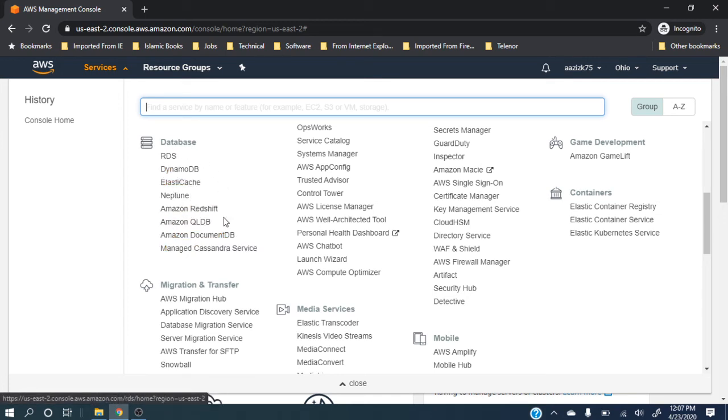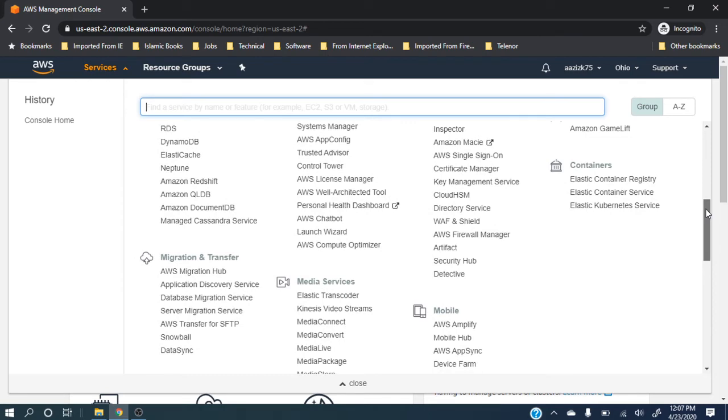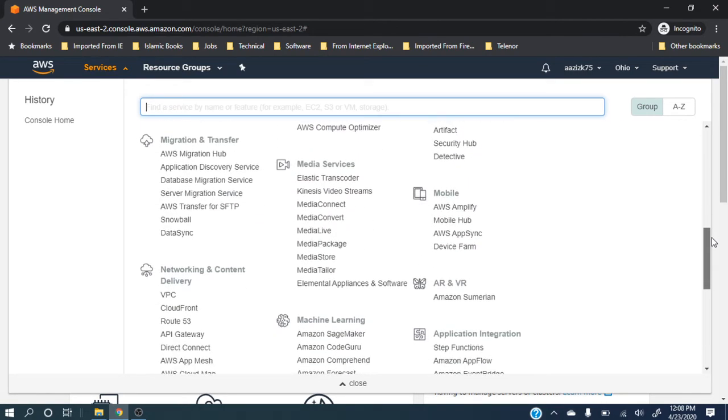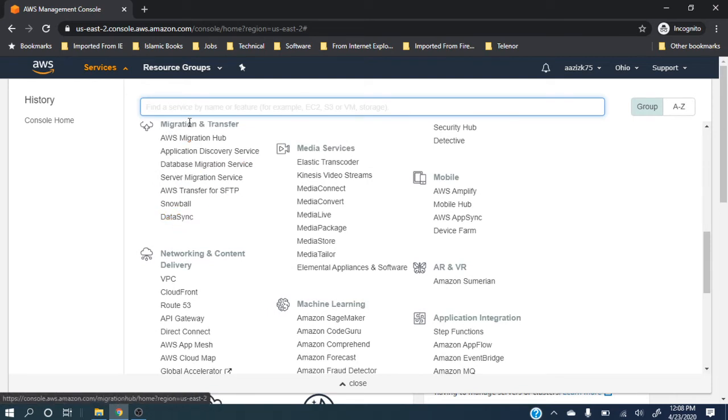If you are from the IT field, you know names like Cassandra service, and a lot of different types of database services. Then from here you can do migration or transfer. If you want to migrate from Amazon or towards Amazon, these tools can help you.